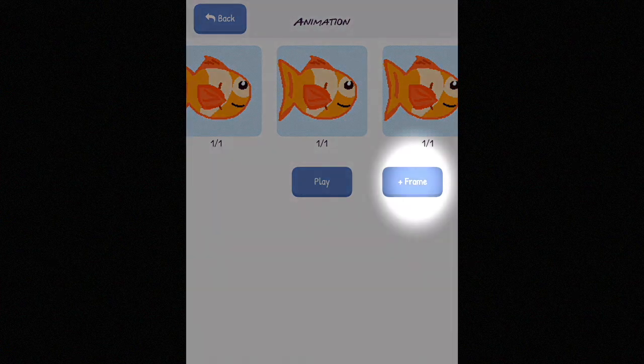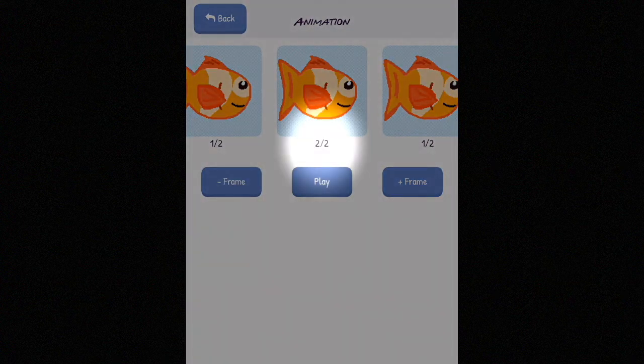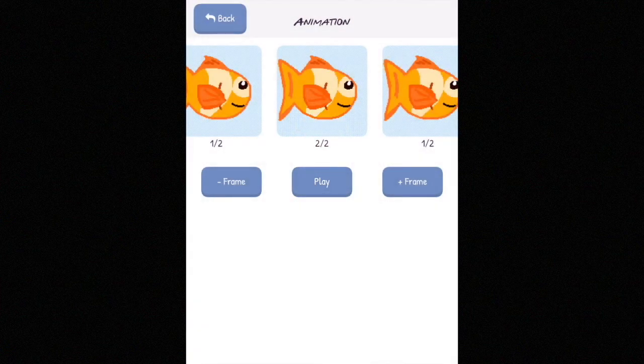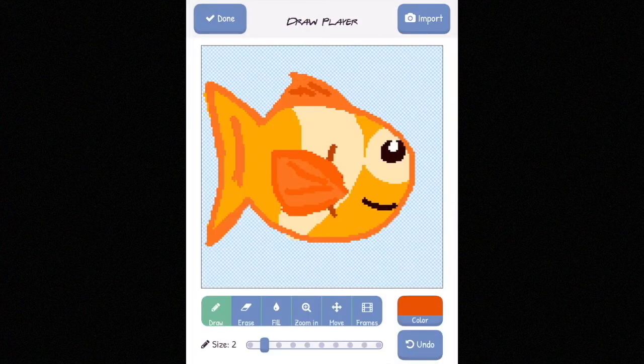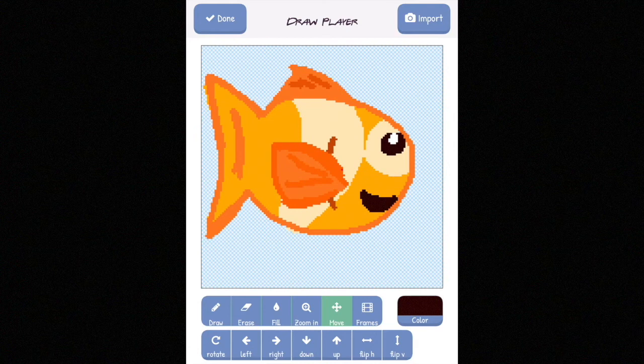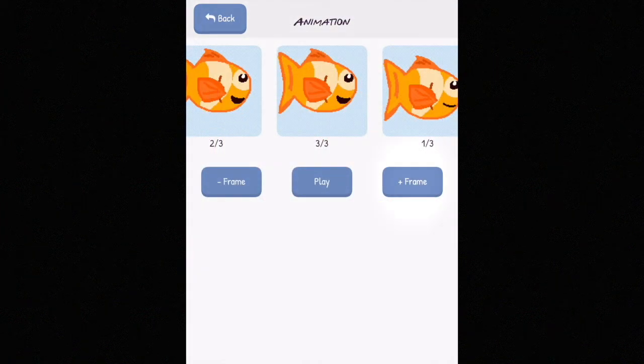To animate, we need to click the plus frame button. You'll notice now that the second icon has 2/2, indicating that this is the second frame of 2 frames. To animate this second frame, the first thing we need to do is click on the icon. This will open the editor. The trick to a smooth animation is to make small changes in each frame. In this frame, I'm going to make the fish's mouth appear to open, and I'm also going to move him up a little bit. Once happy, click the done button in the top left hand corner and click add frame